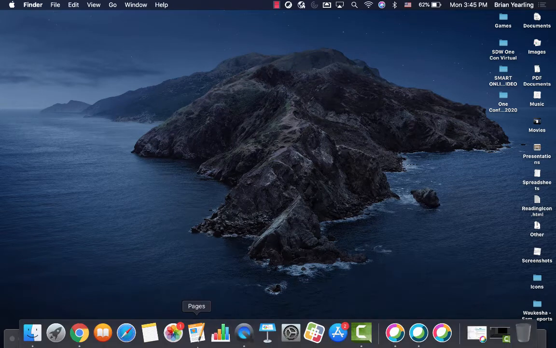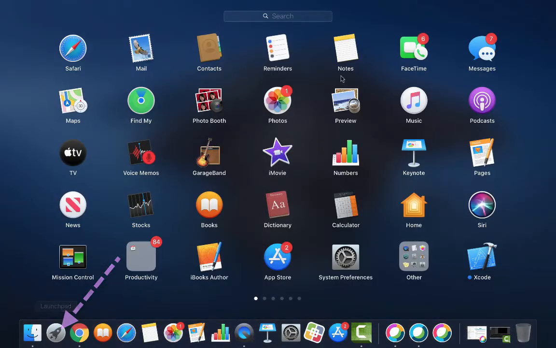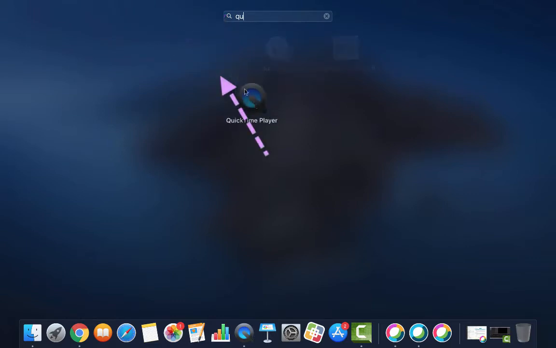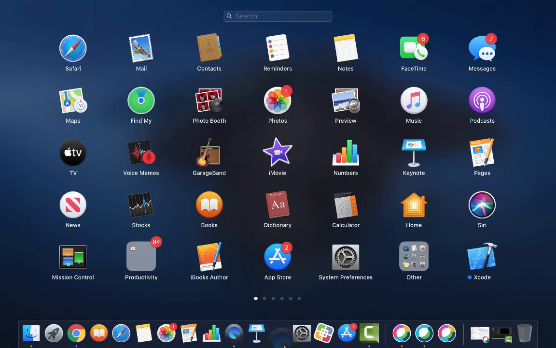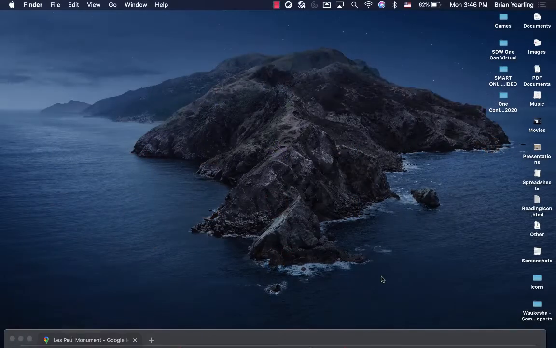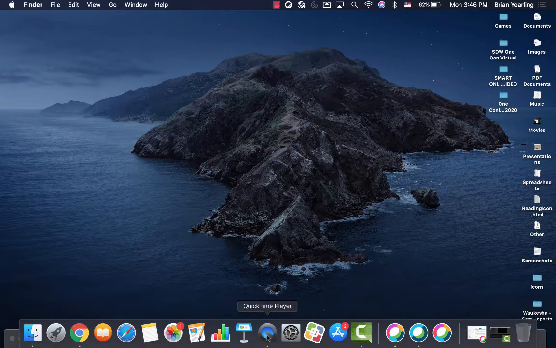To find QuickTime, you're going to go into your Launchpad. That's one way to get there. And you'll be able to either search for it. When you finally do find it, I encourage you to drag it down to the dock and drop it. That way it'll stay in your dock moving forward. We'll get out of the Launchpad here. So now that I have QuickTime up and running,